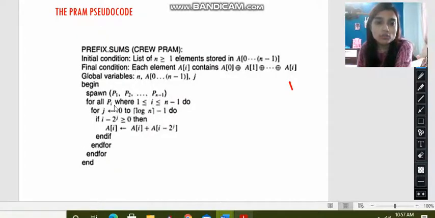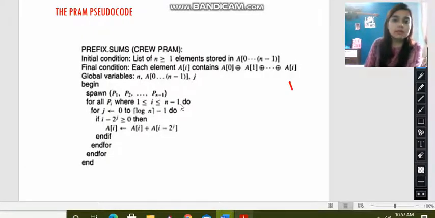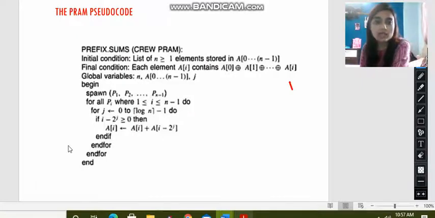And now for all processors p of i, where the value of i will range from 1 to n minus 1. So here initially the value of i will be 1, then 2, up to n minus 1. Okay. And the value of j will go from 0 to ceiling of log of n minus 1.